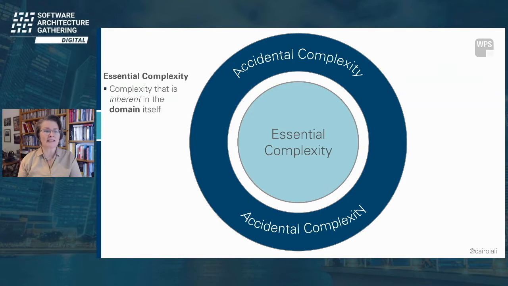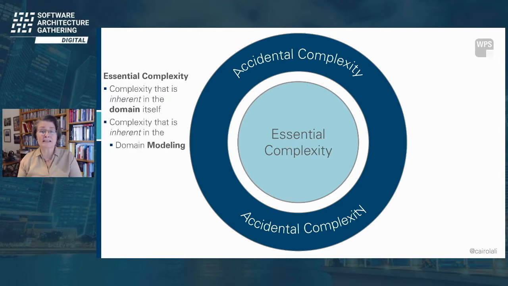There is complexity in the domain itself. For example, the routing for cars and bikes can become very complex from an algorithmic point of view, whereas the management of apartments, where you are mainly collecting data, has less essential complexity.